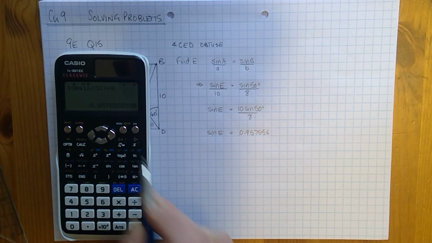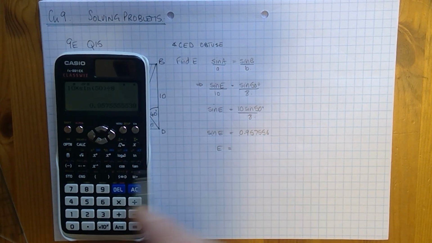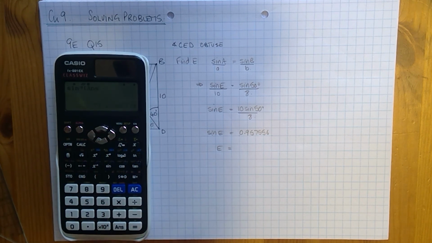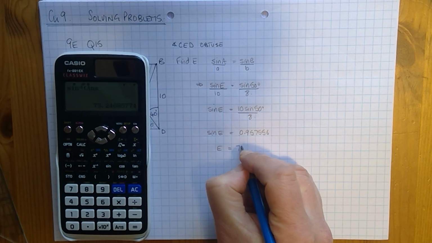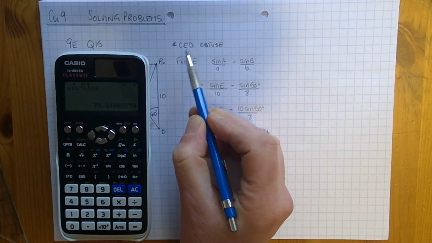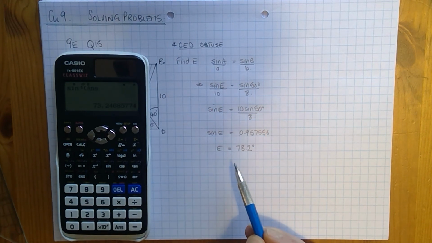Better round off at that point, but I'm leaving that on my calculator. So E is therefore, shift sine, answer equals 73.2 degrees, but it tells me that angle E or angle CED is obtuse,